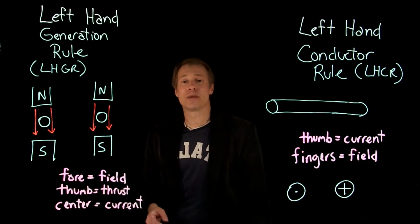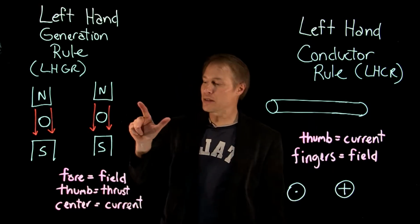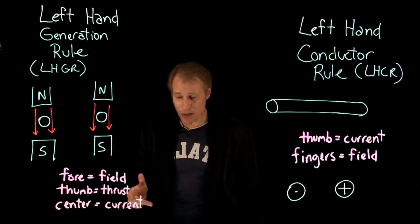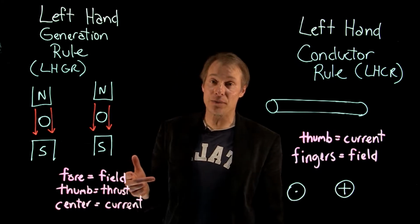The left-hand generation rule, also known as Fleming's left-hand rule, is when you put your fingers like this. So we've got our thumb here, our forefinger here, and our center finger here, and they're at 90 degrees from each other. One thing I should mention too is if this is your first video,